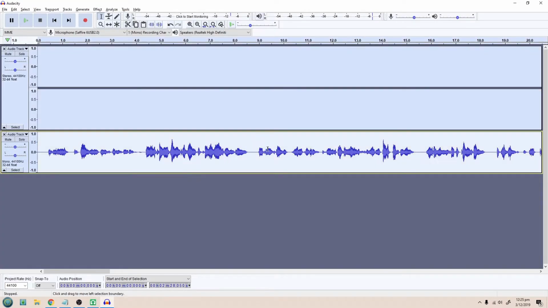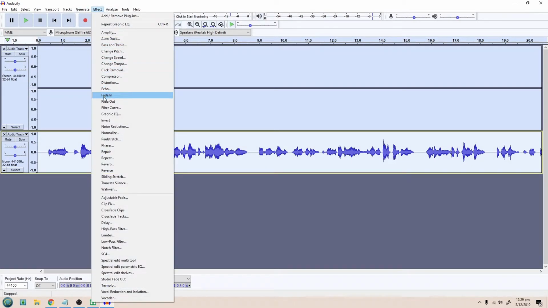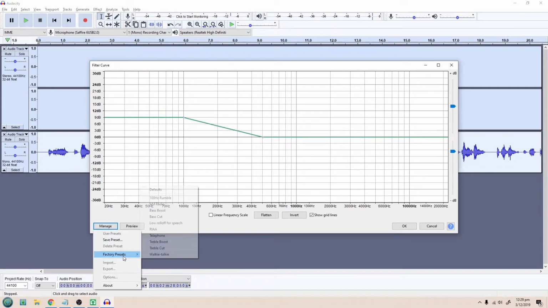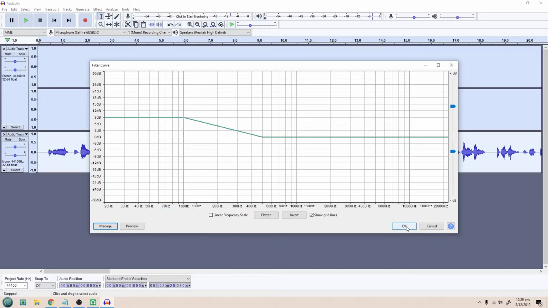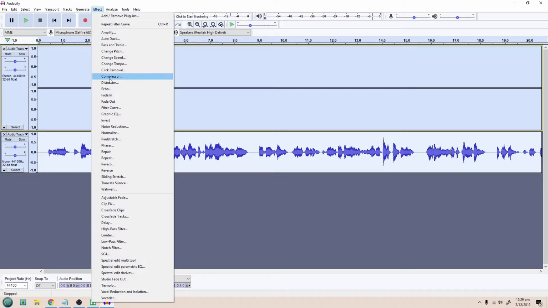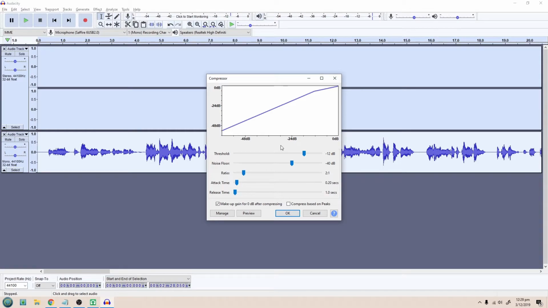There's a couple of other effects that we're going to do to the voice. Select your track, go to Effect, go to Filter Curve, go to Manage, Factory Presets, Bass Boost, because your computer mic will not be picking up any bass. Click on that. I saw your diary and